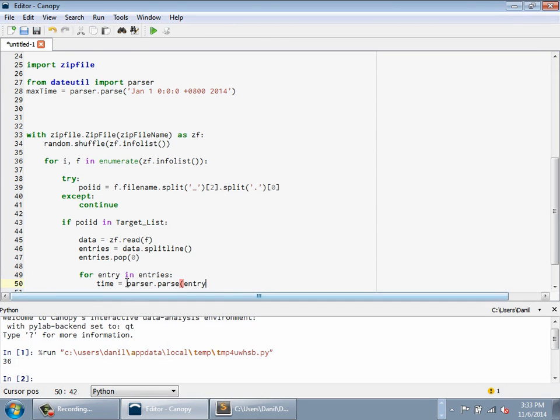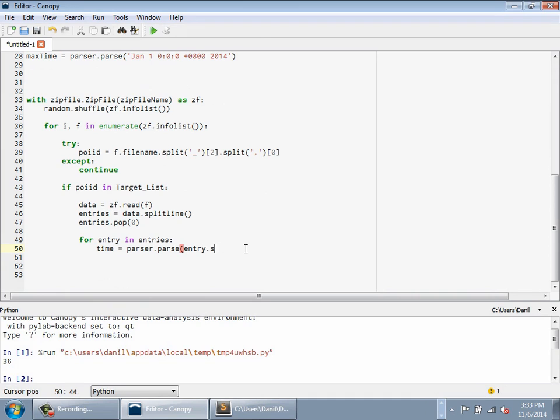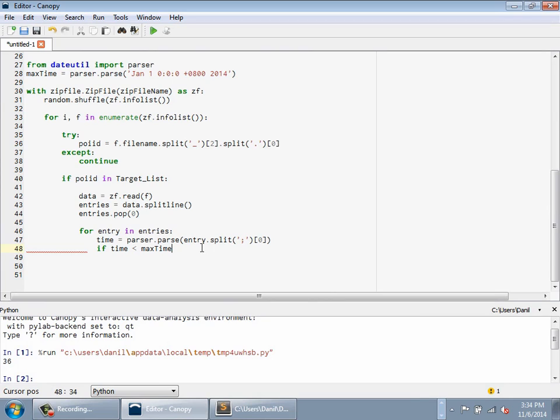Okay, so I'm going to read in from each entry the time. The time is contained in the first entry. So here I'm splitting the entry by semicolons. I'm taking the first column, right, which contains my time here. And then I'm using the parser to parse that data into a date time format. Once I have that time stored in the date time format, I can simply say if the time of that post is less than the max time, which I set here as January 1st, then I will break that part